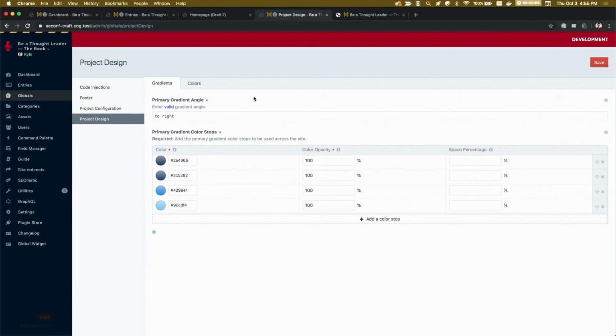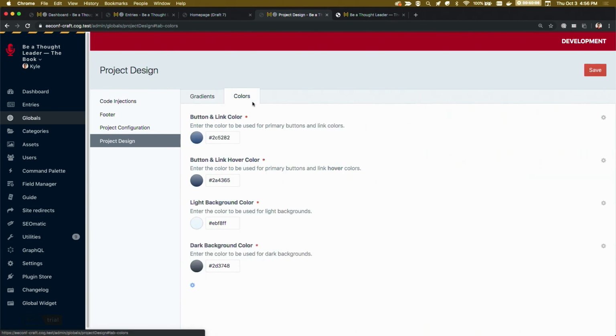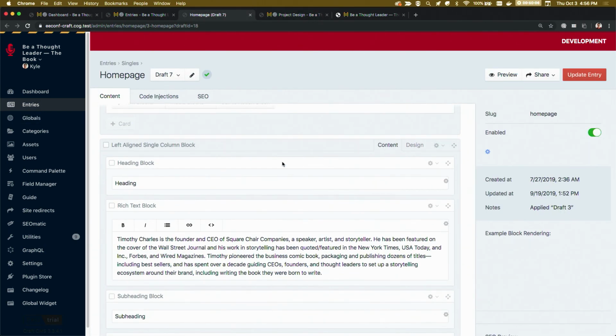In this example, we have a very basic style editor for them. They determine one primary gradient that can be used throughout the site. They can establish a various amount of link color and primary background color, or light and dark background color. And then within the entry itself, we've separated everything into content tabs.